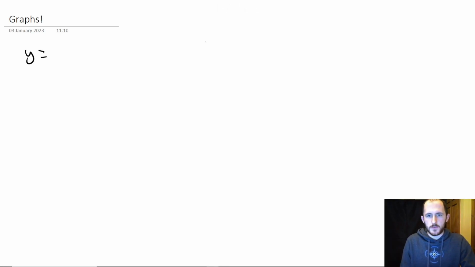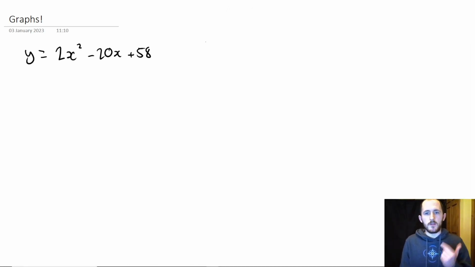So we have y equals 2x squared minus 20x plus 58, right? So completing the square, as you are probably already aware, can only happen if the number in front of x squared is 1. So what we have to do first is factorize out the 2